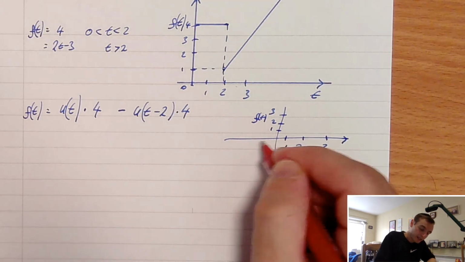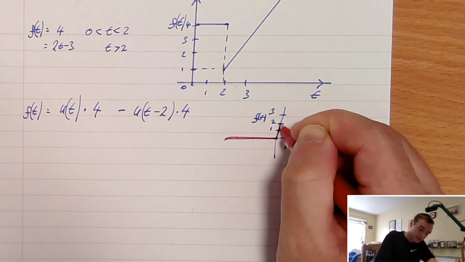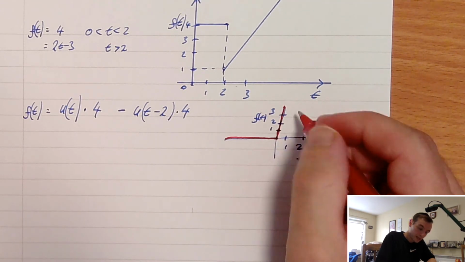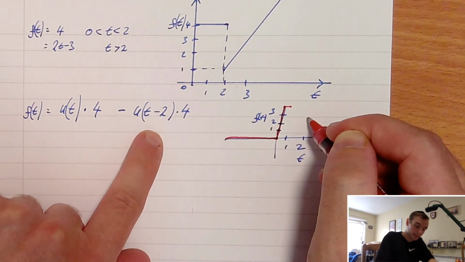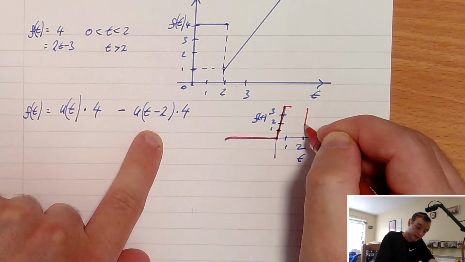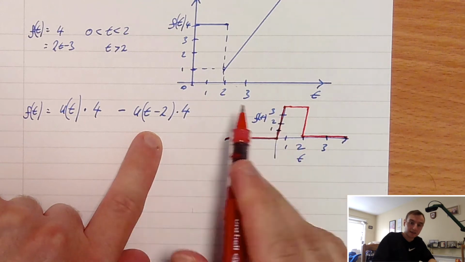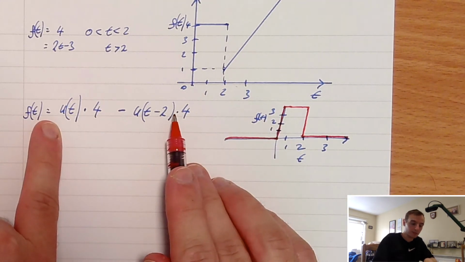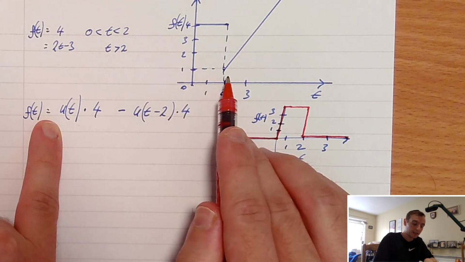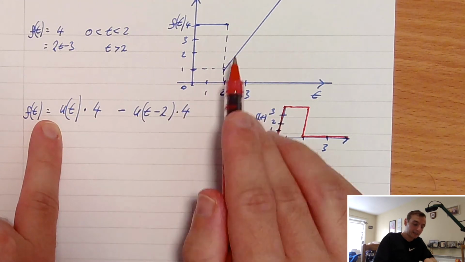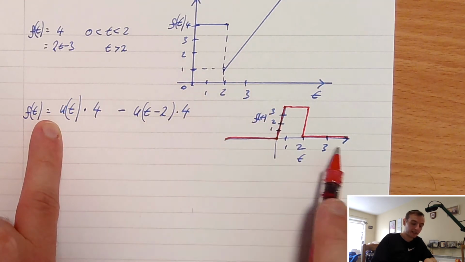So that's going to be 0, 0, 0, and then it's going to turn on at a value of 4, and then it's going to go on forever, but at t equals 2, we're going to subtract that function. So that is what that looks like, just what we've written over here, which is exactly this part over here: 0 for t less than 0,